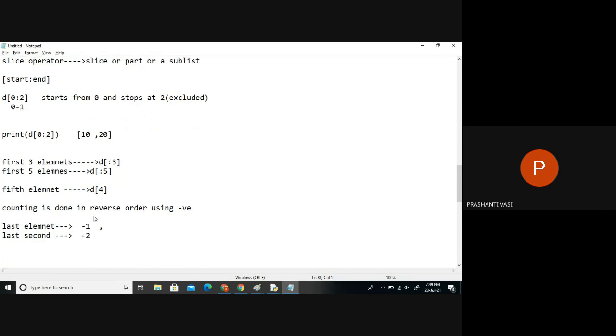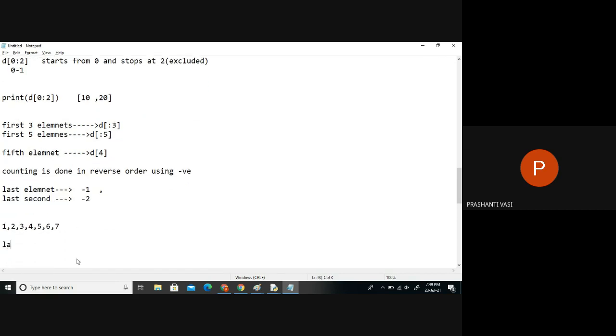So if these are the elements available, we can start counting them from the reverse order, from the backward direction. So this will be called which index? -1, -2, -3.